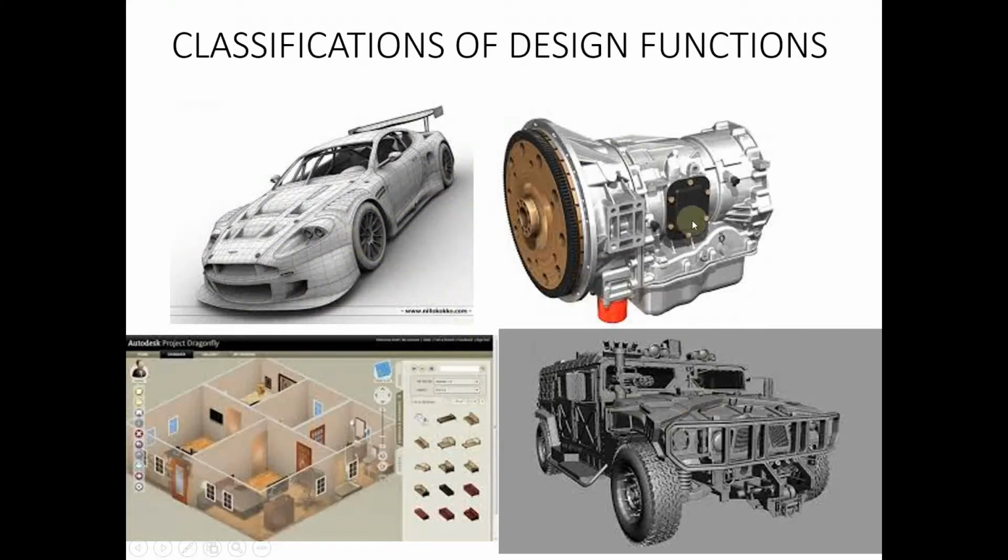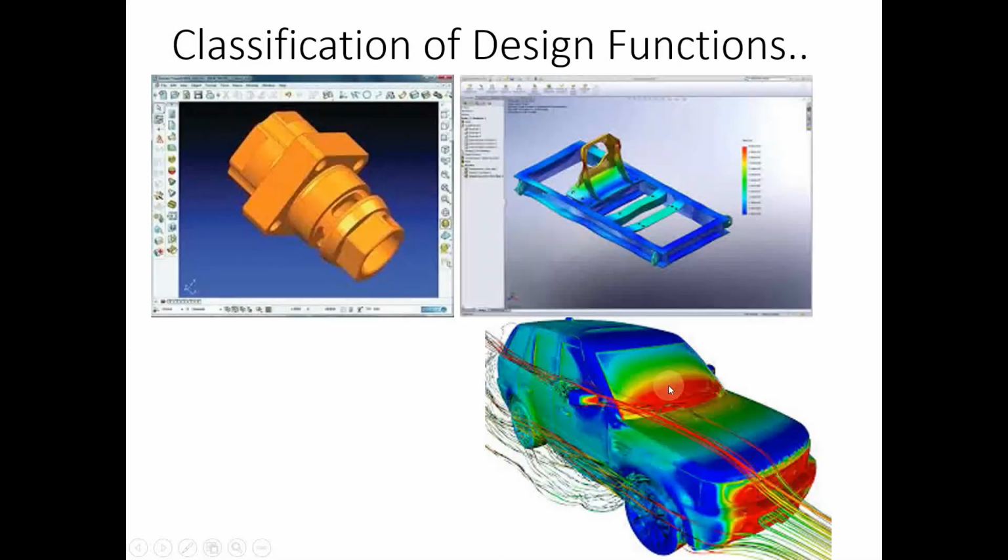So here it is showing the three-dimensional models being developed, and after developing those models, you can see all those products are being analyzed, maybe in the same software, or it can be separate software. So these are analysis softwares where certain analysis is being conducted on that product. For example, this is a bracket that is welded or riveted to a frame, and the stress analysis is being conducted on this bracket.